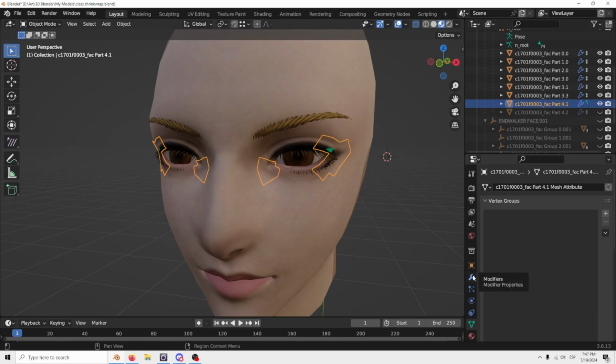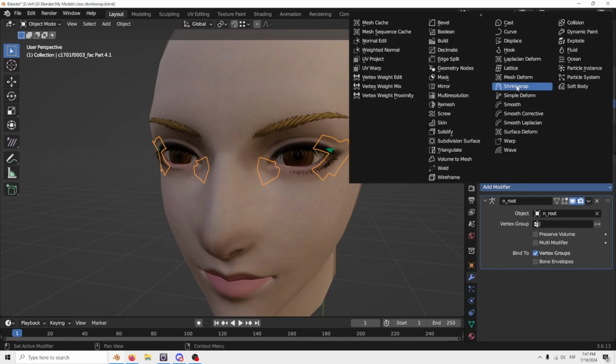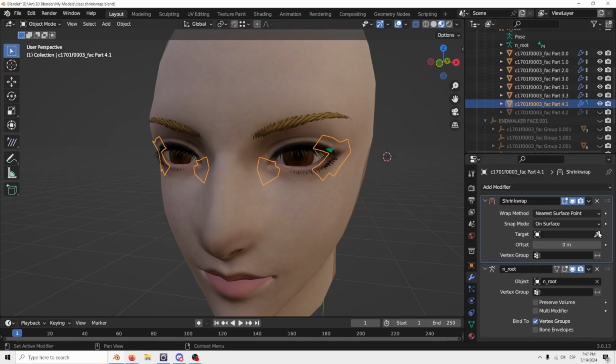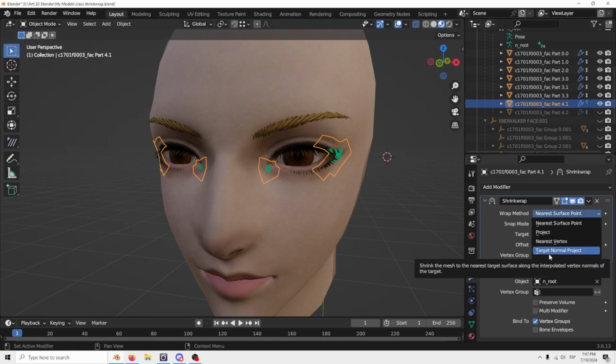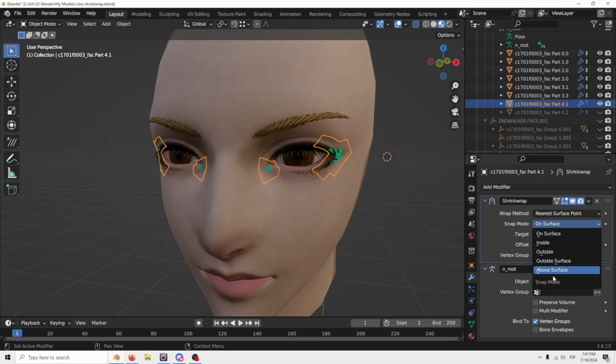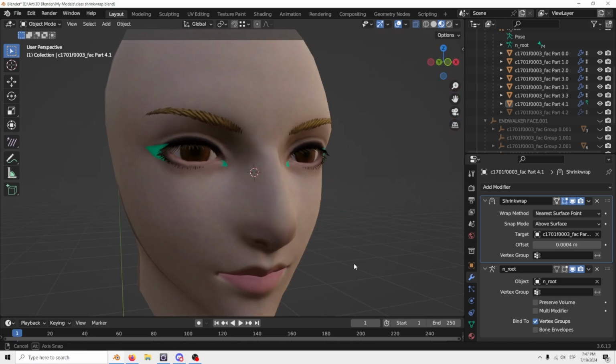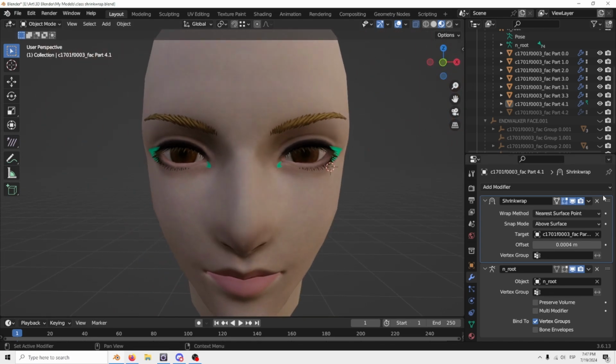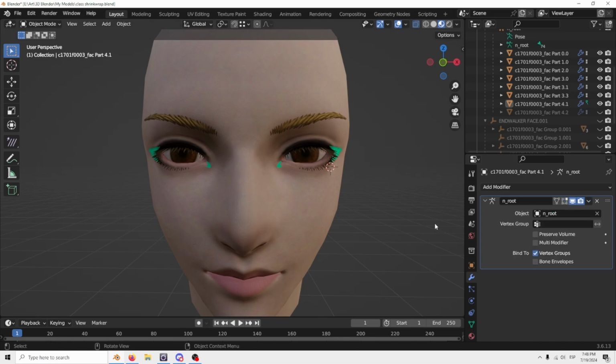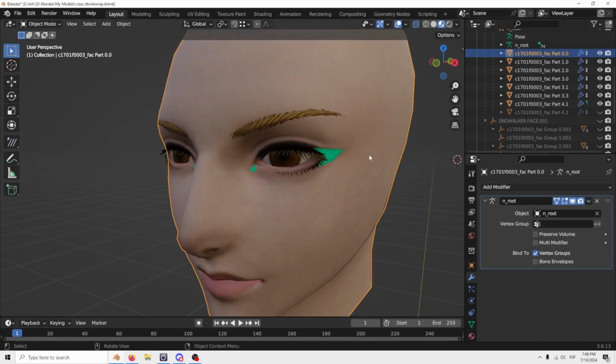And then I'm going to do modifiers, add modifier, Shrinkwrap, then bring the Shrinkwrap up, select, do nearest face surface point and above surface, and then 0.0004, and that actually just looks ideal, so I don't need to do anything else there. So I'll just apply it,